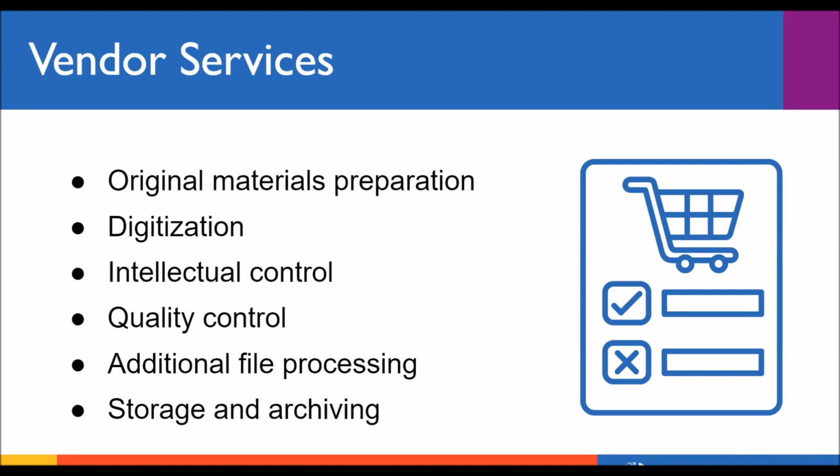Next is quality control. Hopefully all vendors will be doing some form of quality control, but you might request or require additional levels of quality control. Vendors are probably going to check everything at a certain point, but maybe not every single thing with every single checkbox. If you need or want more than that, that's definitely something that vendors will talk to you about. It's probably going to be cost prohibitive, but if it's something that you need or want, especially with specific material, it's something to talk about.